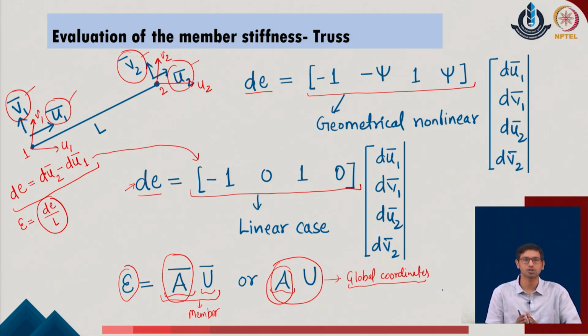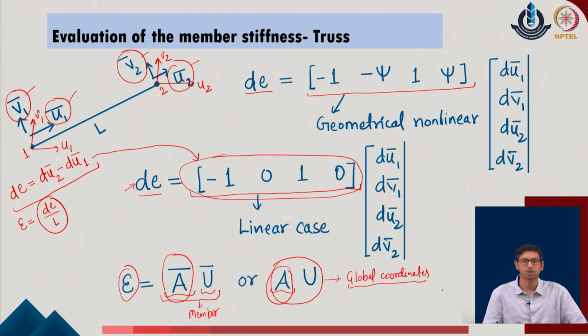So, using this parameter, the internal strain of the given member is identified in terms of the nodal displacements of the given system. This is one of the aspects which we have already done in the previous part on geometrical nonlinear analysis, and these steps remain similar because this is the same part where we are converting our nodal values to the internal member force components or the member strain components of the given system. The only difference is, in most situations, if we are going with pure material nonlinear relations and not including the geometrical nonlinear part, the user has to adopt only the given case, which is identified here as a linear case.